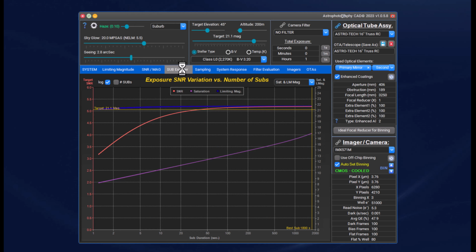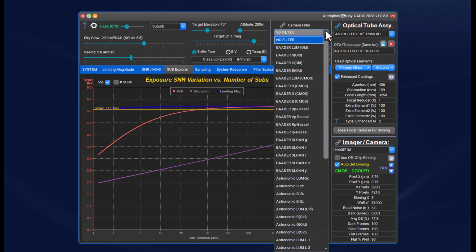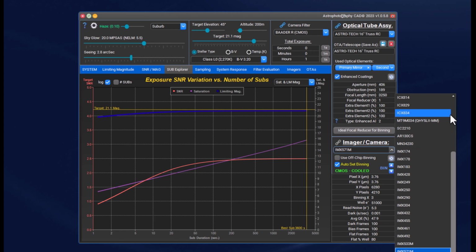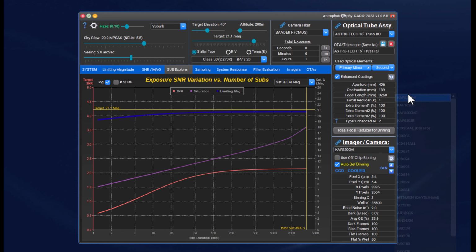Well, when you look at these things, you see that there are a few other little features. So let's change the filter over here. And now you notice that there's this little icon over here that has a link. And you will find that in some of the imagers also. If you click on this link, if it's lit up, that is, it will take you to the website of a participating manufacturer. So in this particular case,